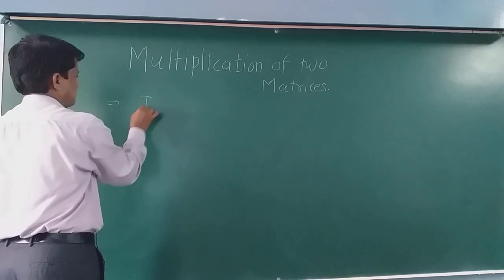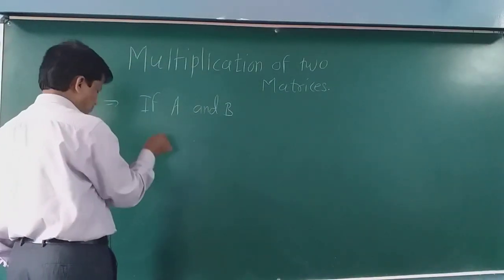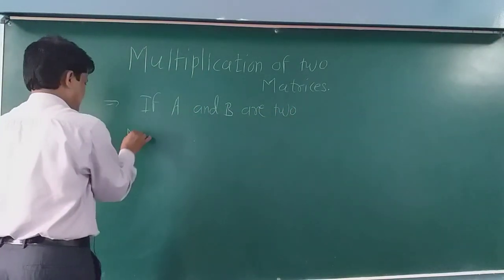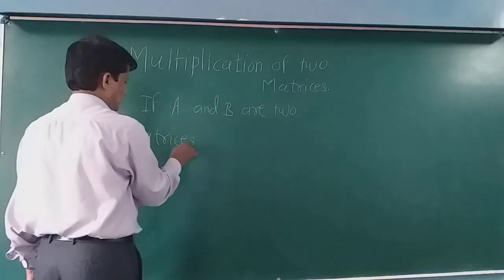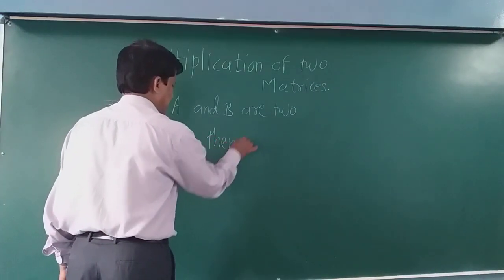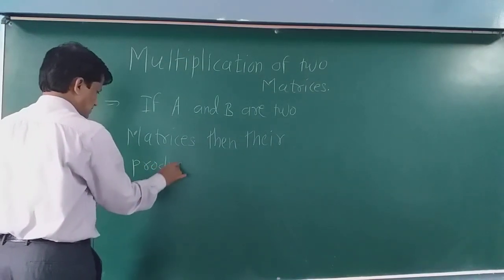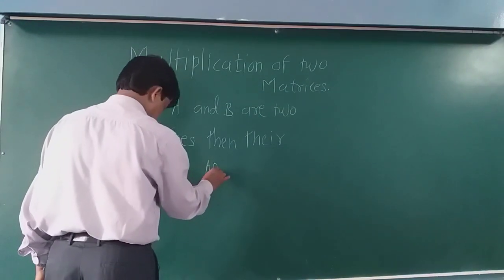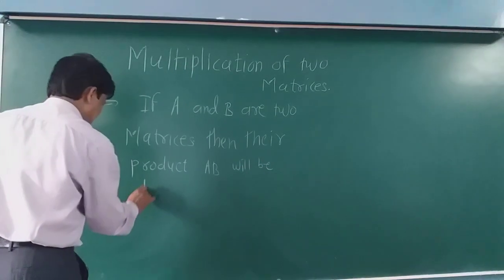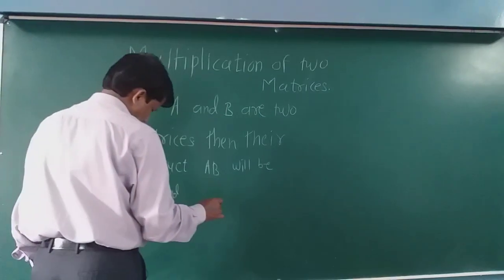if A and B are two matrices, then their product, namely AB, is defined, or will be defined, only when